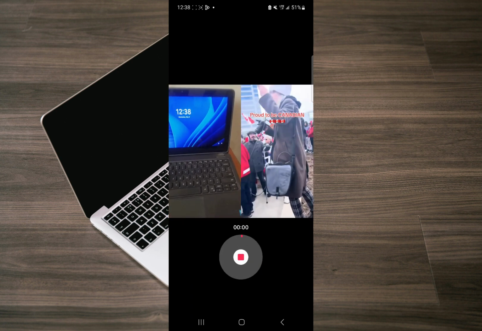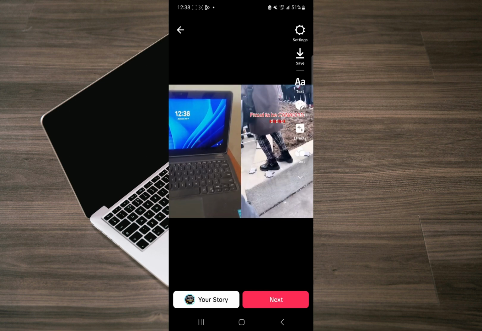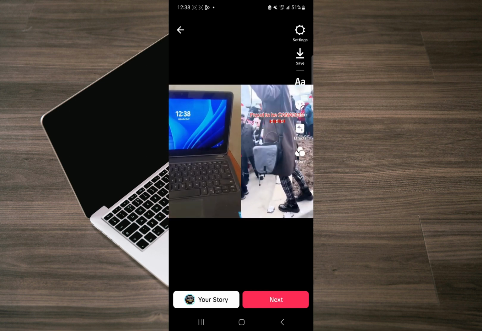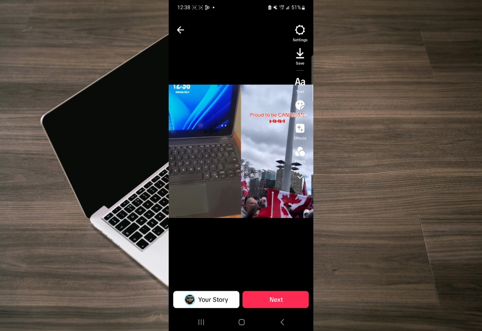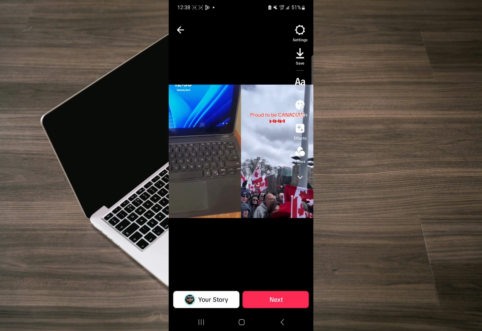Now when you click on record, then it will bring a tick option here. When you click on tick, that is after you might have finished recording your video. Then you can decide to add a text here. You can do whatever you want to do here. You can save it here if you don't want to share it immediately, and then from there you click on